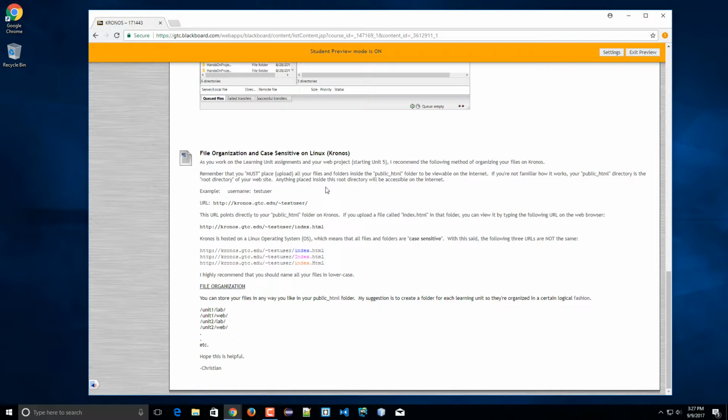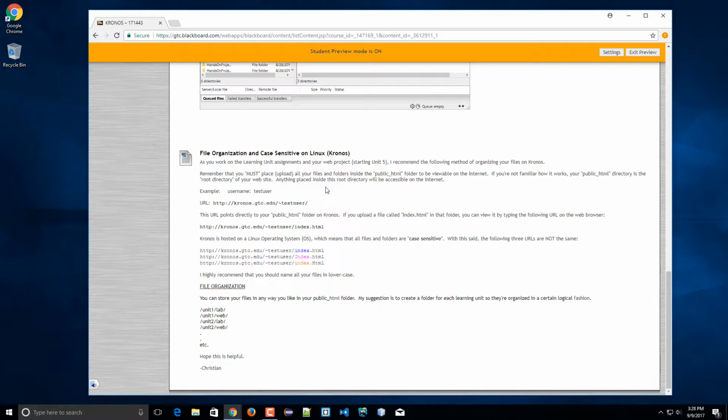What that means is that file names and folder names are all case sensitive. Okay, unlike your PC counterpart. On the PC, you can have uppercase, lowercase, a mix and match, and you'll still be fine. It doesn't matter how you spell it. If you write it all in uppercase or lowercase, it would still work. But on Macintosh and Linux machines, you have to be really careful about the case sensitivity of your file names